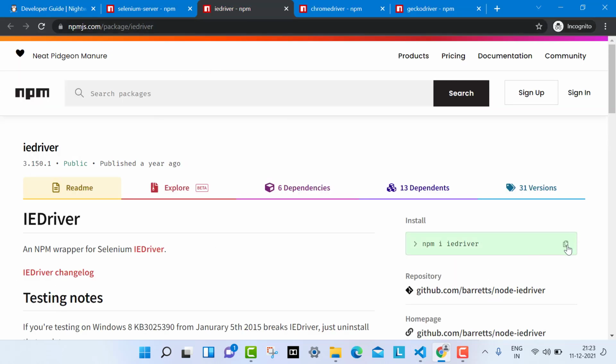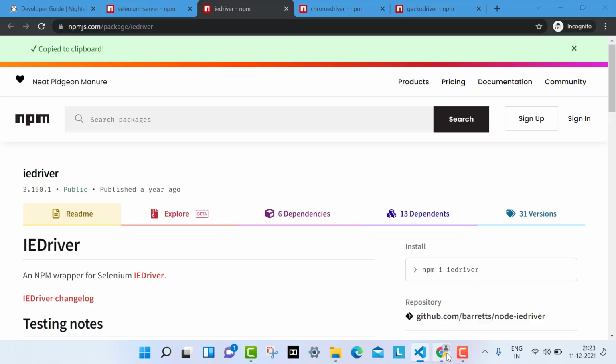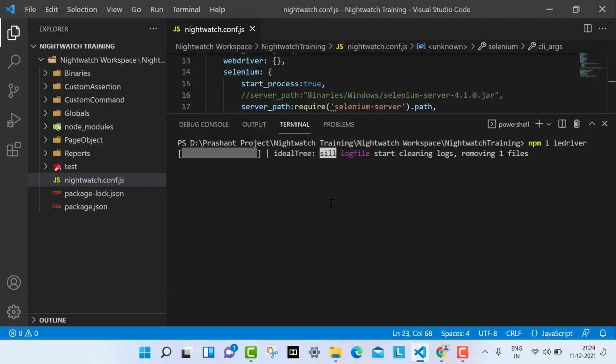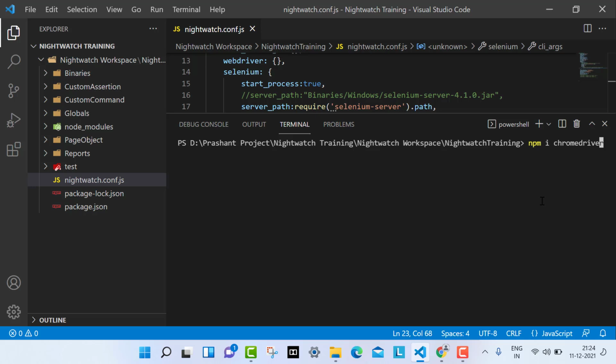Okay. So what I'm going to do is clear everything and then install the IE driver in the same way. I can just download and install the IE driver. Then I will also copy for the Chrome driver. So here you can see that everything is installed perfectly and there is no issue.